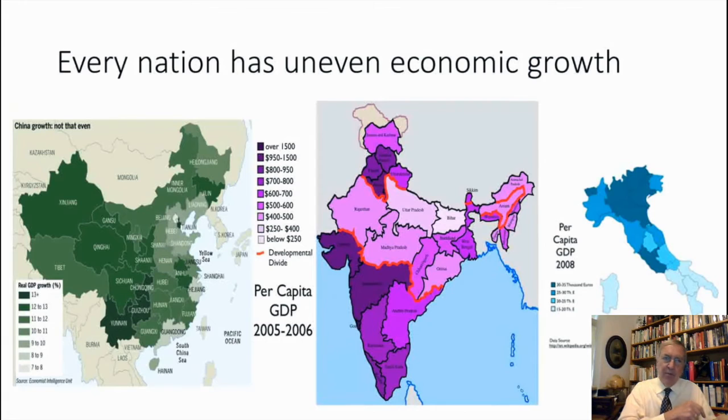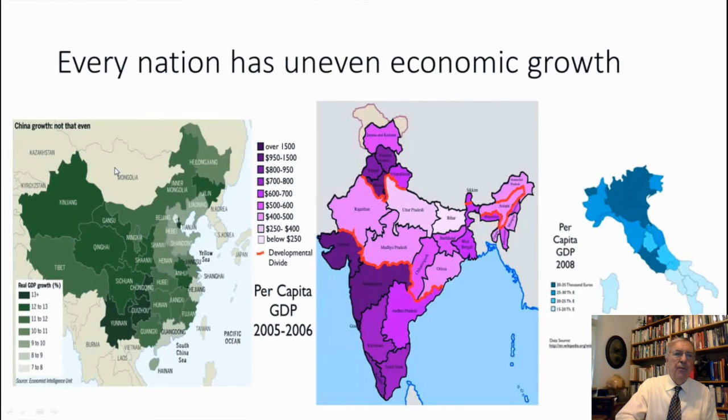Stanford has been a big one in development in Silicon Valley. So it's almost impossible to keep growth and economic development even around the country. Every country has its wealthy states or its wealthy provinces or its wealthy regions,